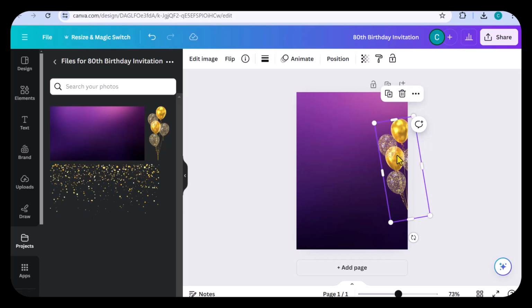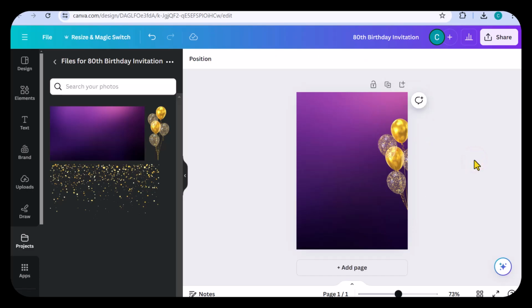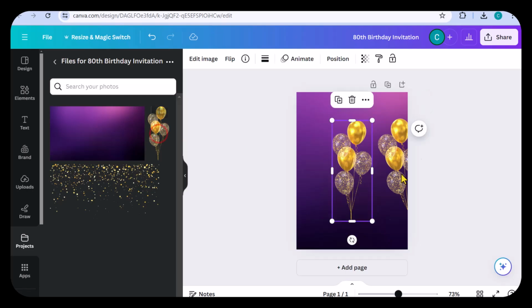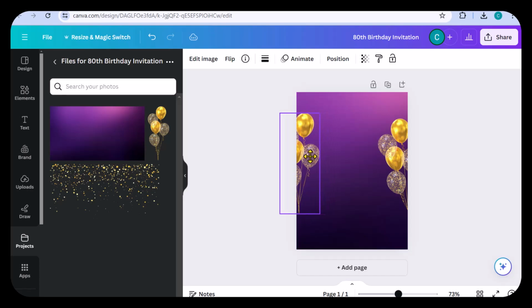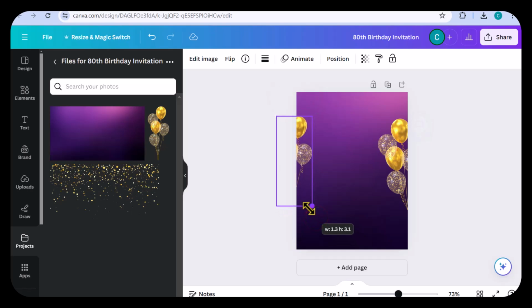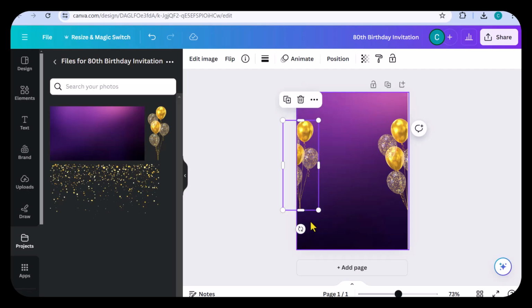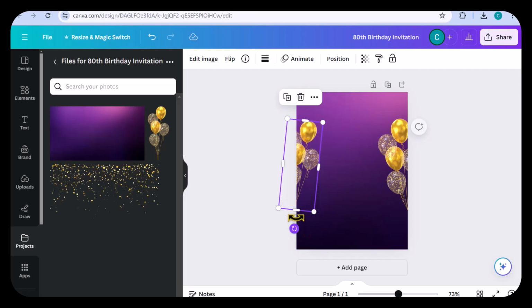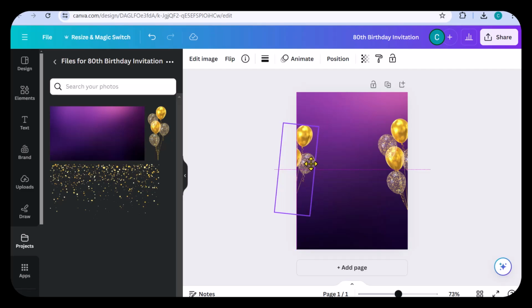The next thing I'm going to do is I'm going to also balance the other side of this project by placing balloons on the opposite side. What I can do again is to click on this balloon icon, and the balloon appears in the center of the project, and I'm going to place it to the opposite side, but this time I'm not going to expose as many of the balloons as I did for the first image. Alright, let me shift this a little as well. Let me rotate, and I'll do this.